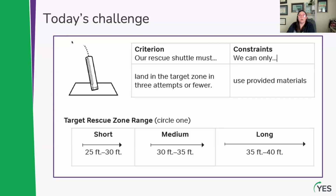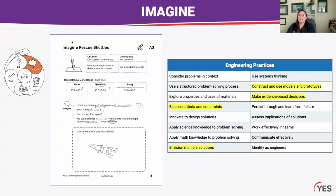The ask phase will have helped them to gather the knowledge they need to meet these criteria and constraints. And so here we see the criteria and constraints for rescue shuttles right on the Imagine page of the youth engineering notebook. And so in the Imagine phase, we ask students to work independently. And this goes counter to the fact that right there on this slide, I have work in teams, communicate. And there's a very specific reason why I'm always very specific about this when I talk about the imagine phase,